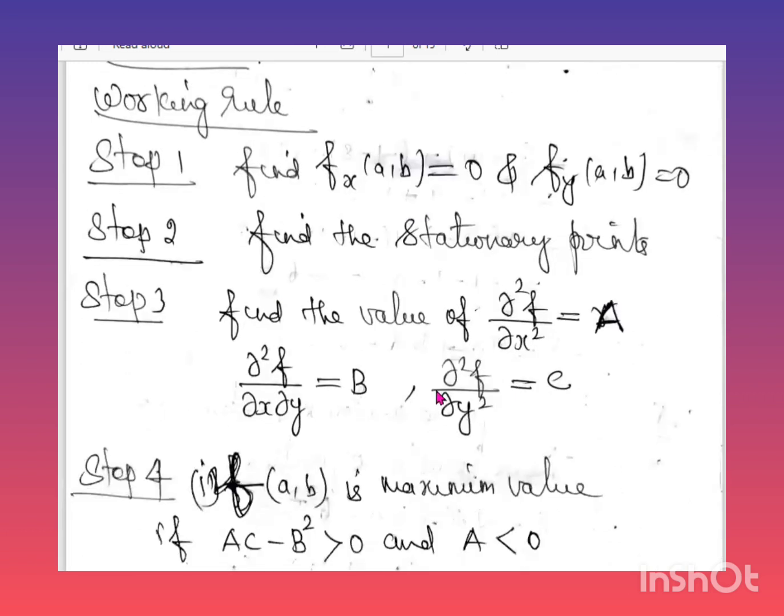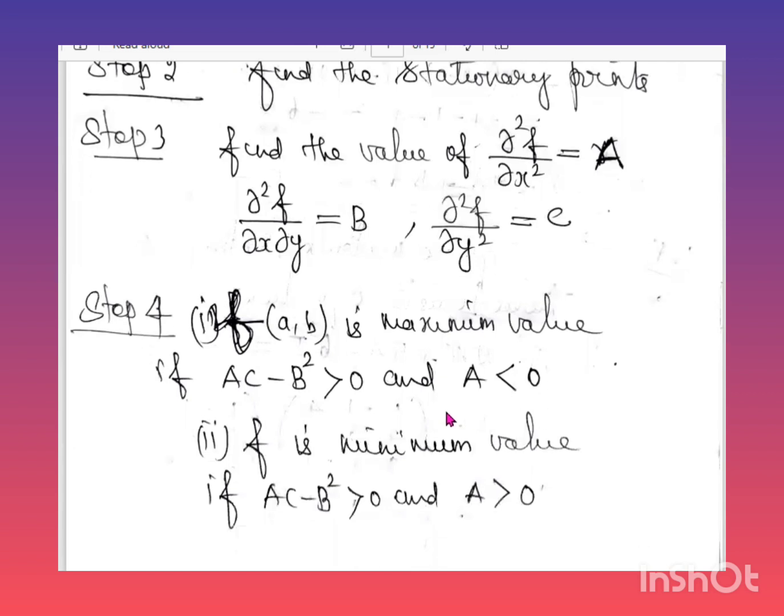Step 3, find the value of dou square f by dou x square is equal to capital A. Dou square f by dou x dou y is equal to capital B. Dou square f by dou y square, which is equal to capital C. Step 4,